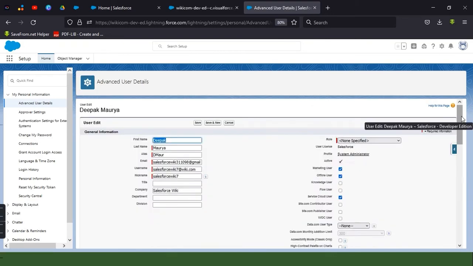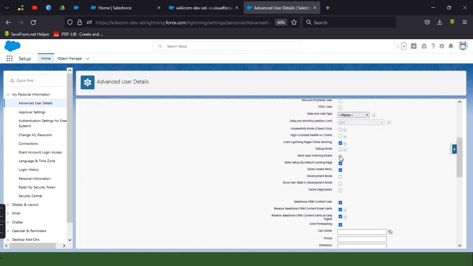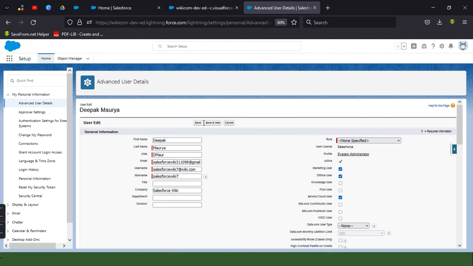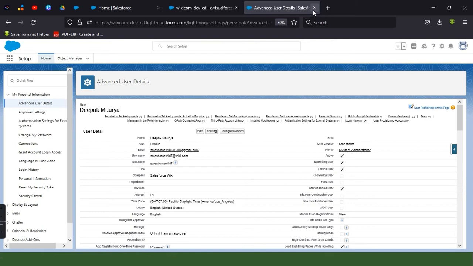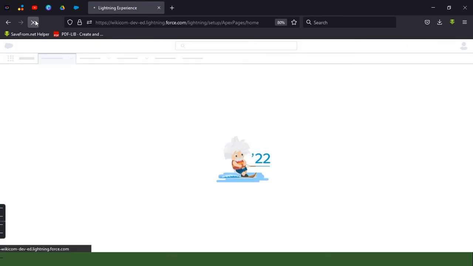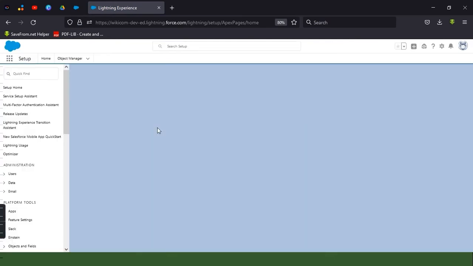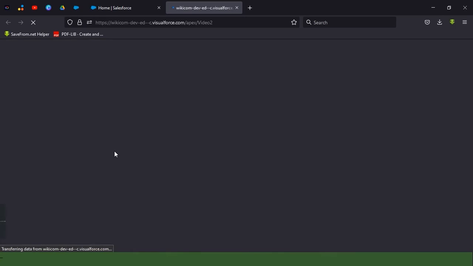As I told you, we have to enable development mode from this checkbox. Now I have enabled it and I'll save the changes. Now if I refresh this page and preview the Visualforce page, I will get that code editor option on the page.